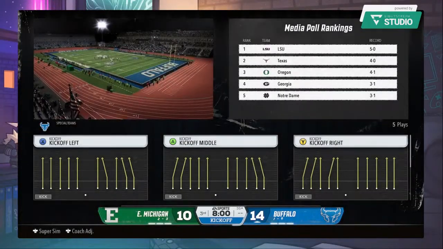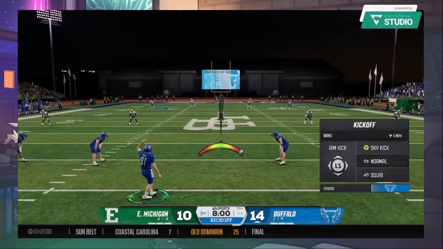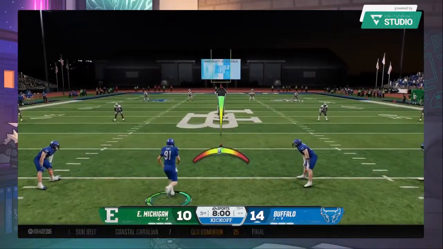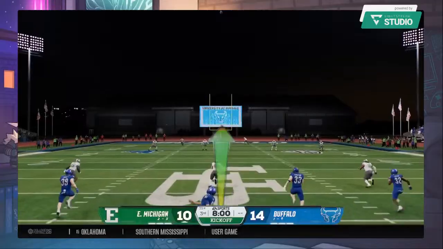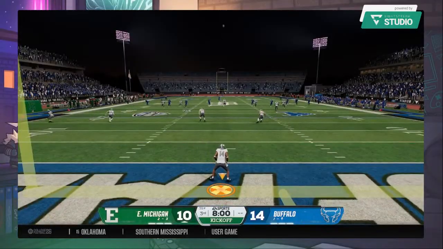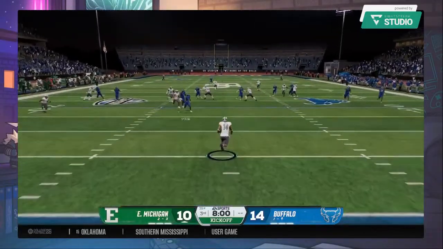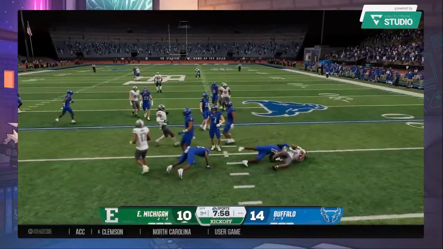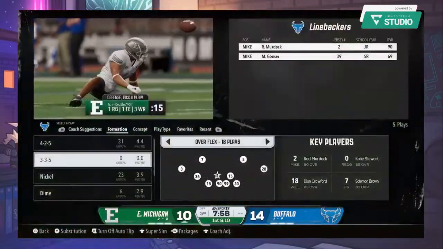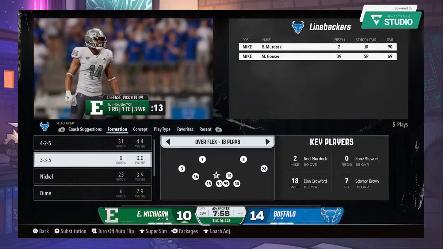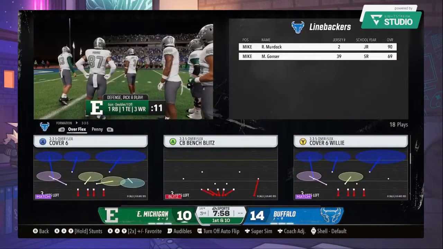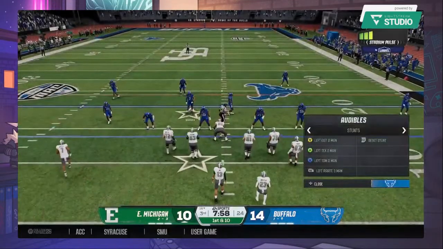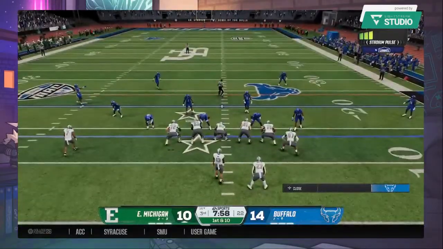All right, Kevin, about ready to get things cranked back up here. We're just about ready to start the second half. He'll bring it out. It's Smith. I know he thinks he can house every return, but sometimes you just have to take a knee as he stopped at the 14. Eastern Michigan has it back as the Eagle offense returns to the field.